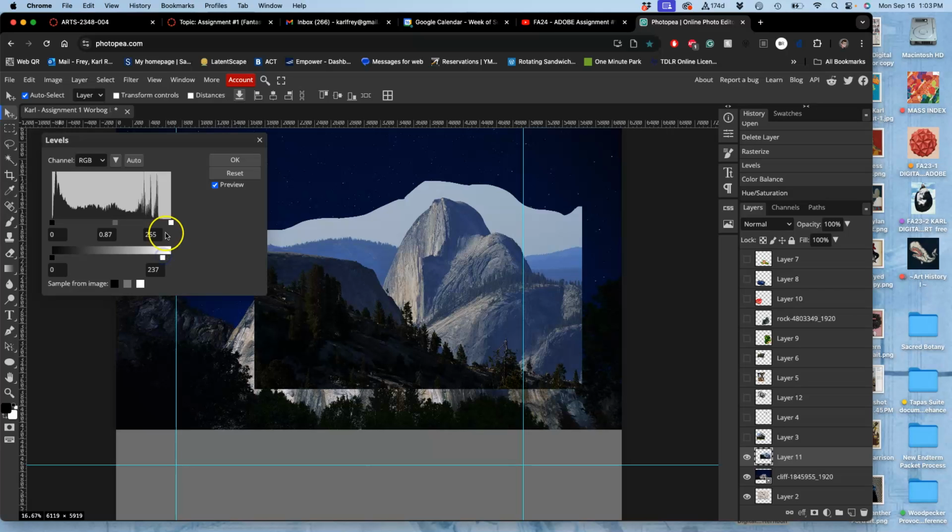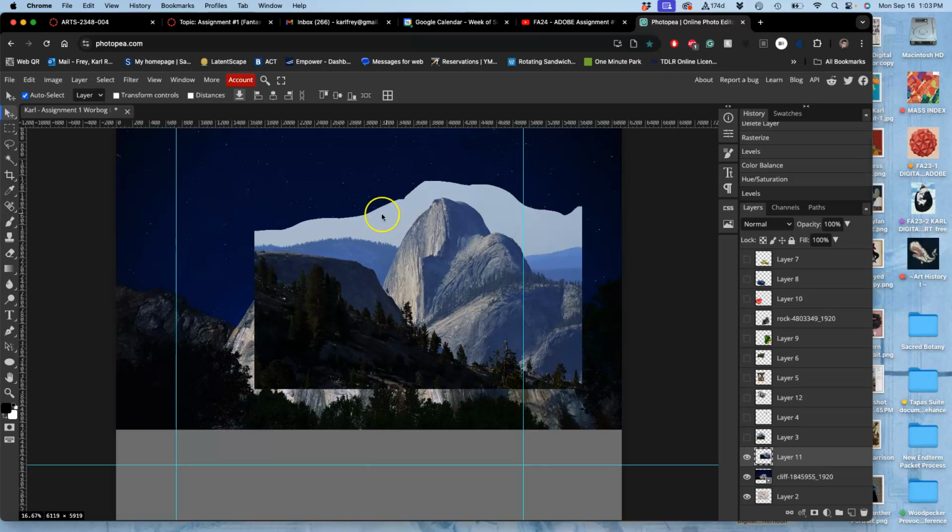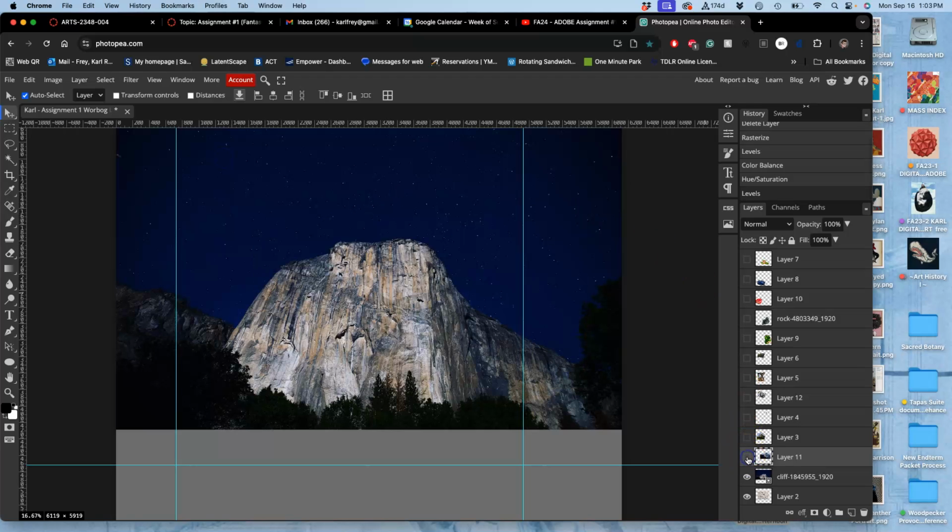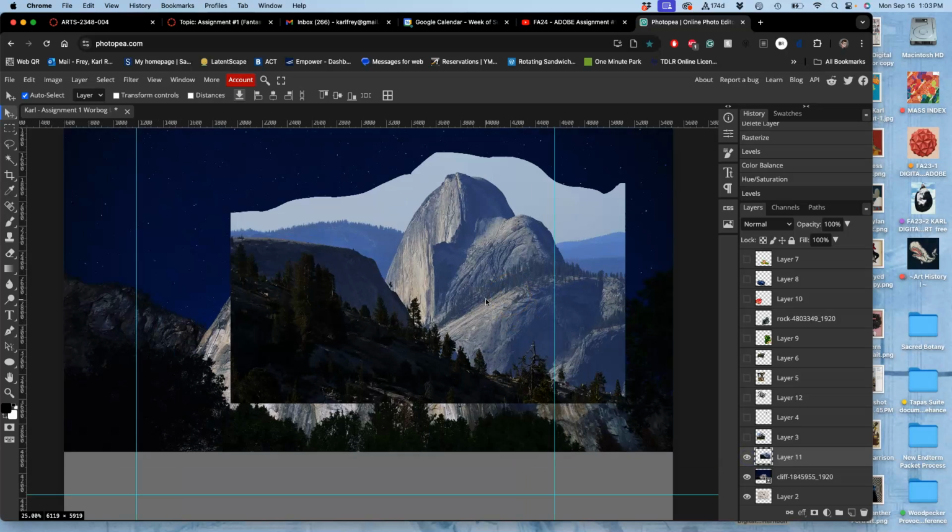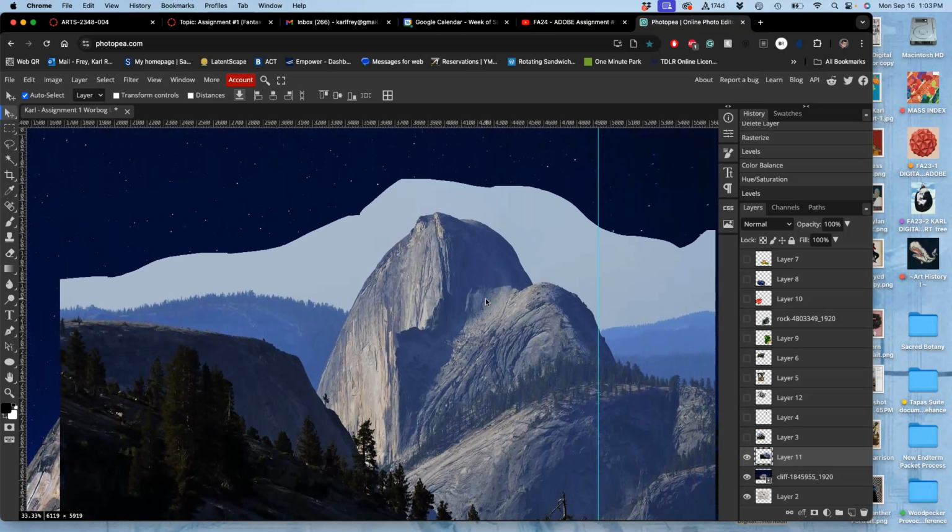Now that's really looking like it's under a night sky. So that's going to help when I actually cut it out. So now I'm ready to start blending and cutting out. It all depends on your reference. If this was a night sky and this was a night sky, I wouldn't